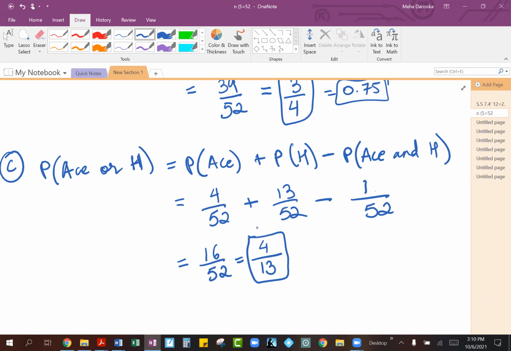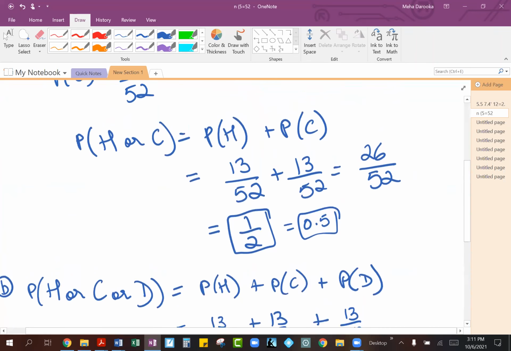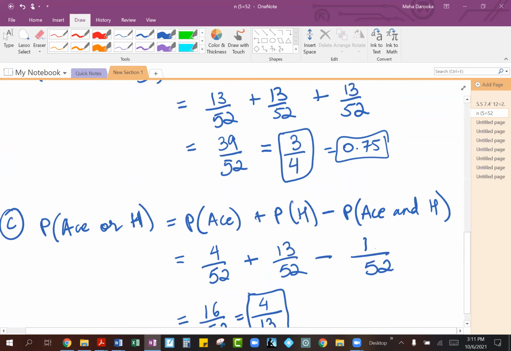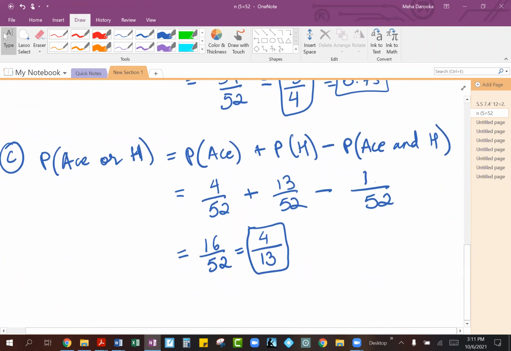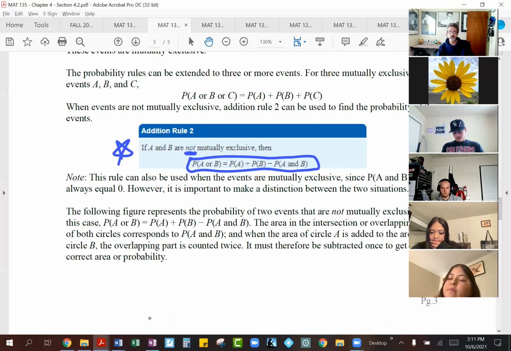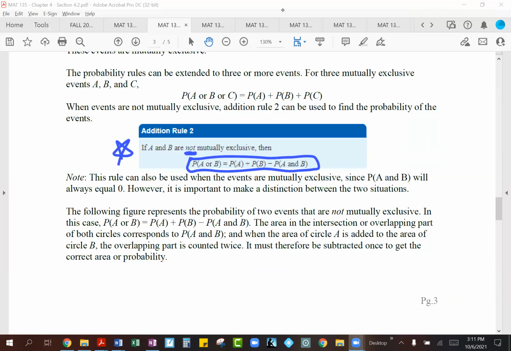Okay, so you can see how the formula changed when we had non-mutually exclusive events, and there you can see we had to subtract that common card between both our groups. But then with the other two parts, of course, they were mutually exclusive events, so we didn't have to worry about subtracting anything because they had nothing in common between the two. Any questions on this example here, guys? Okay. So 2 addition rules based on if you have mutually exclusive events or not.